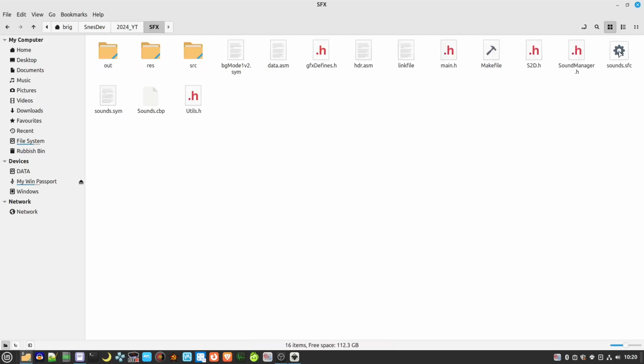So I'll show you what this should actually do first. So if I load this other example up here, so this has started here. Now what we can do is press the buttons on the SNES keypad to play various sound effects. So in this demo here, to show you what we're going to do next,